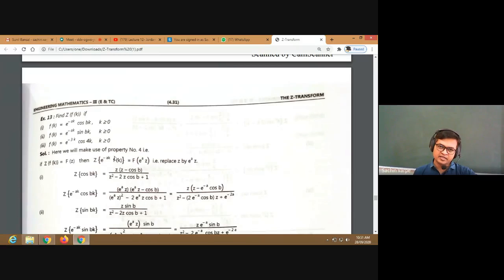मतलब इस f of k का z transform is f of z, and into that replace z by e raised to a z. So cos bk का z ट्रांसफॉर्म है ये, दैट इज f of z. अगर इसको मैं e raised to minus ak के साथ मल्टीप्लाई करता हूँ, देन इसमें क्या चेंज होगा? इसमें सिर्फ आपको z को रिप्लेस करना है किससे? e raised to az. So what is a? A is given to be a only. So you can see here z is replaced by e raised to az, nothing else. Very easy.